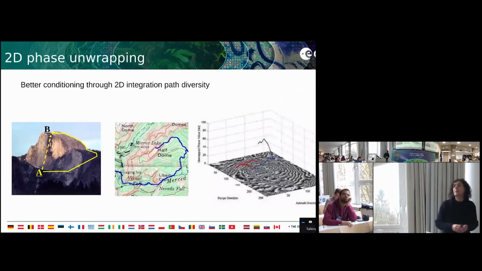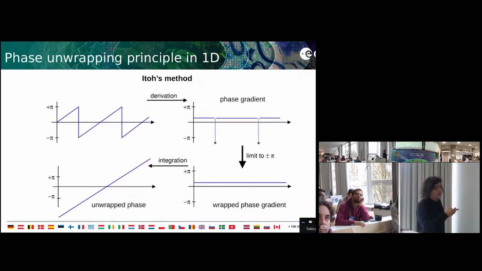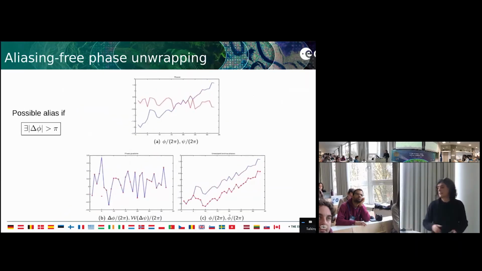In 2D, you can also use, and this is why interferometry became possible, a trick. In order to unwrap the phase, we need to derivate the wrapped phase, the one we measure. We derivate it, we wrap it, and after we integrate the phase back to retrieve the original one, okay? This integration is crucial, as I showed yesterday, if your original phase does not satisfy some sampling condition, which is,